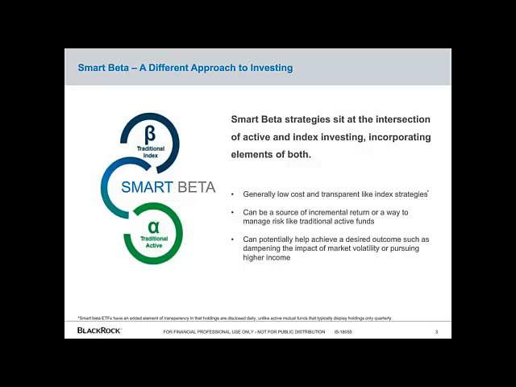Now, whether that's coming directly from active into smart beta or coming from active into passive and then now back into smart beta, I think a lot of the investment concepts behind smart beta are based on things active managers have been using, and so assets in this space aren't necessarily net new to that type of screen or that investment strategy. So I think for those two reasons, we really think we're a long way away from even considering what a fully saturated market might look like in factor-based investing.